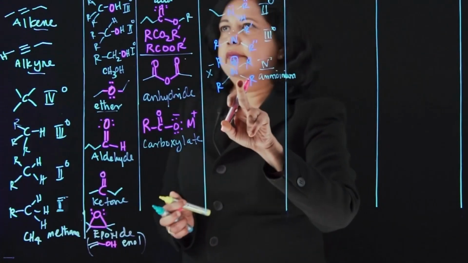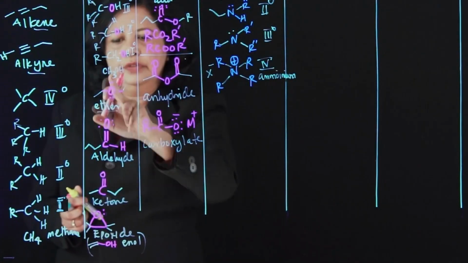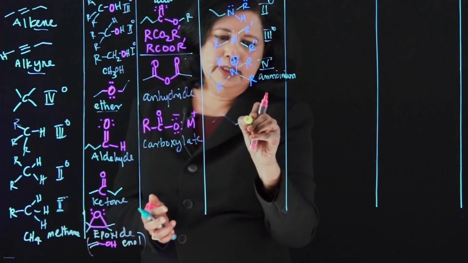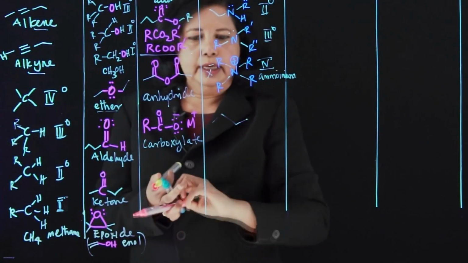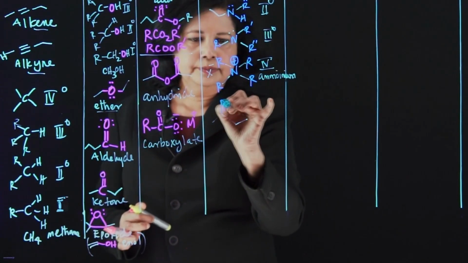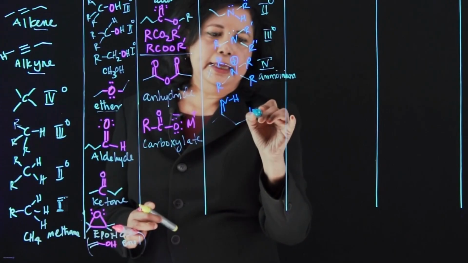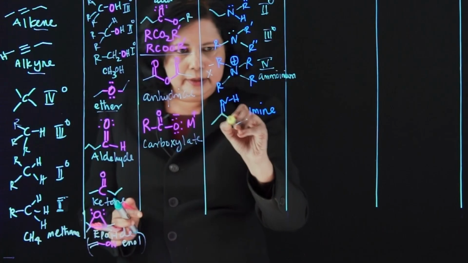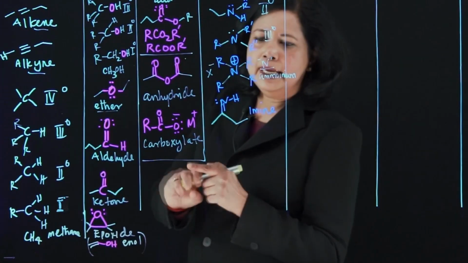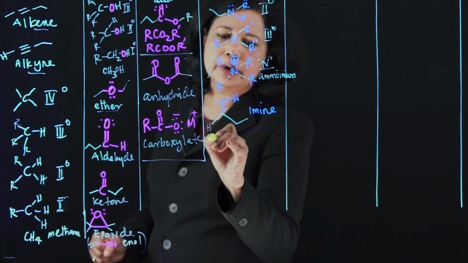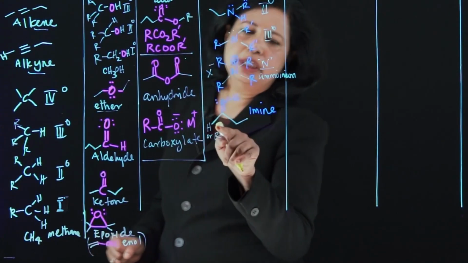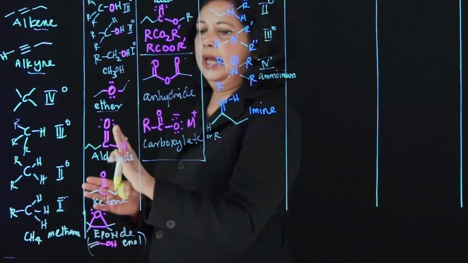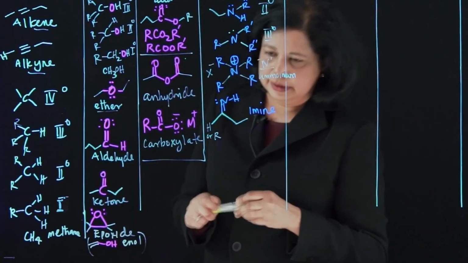Over here, what else can we do with the nitrogen? Let's go look at the alcohols for reference. Oh, double bond. Can we do that here? Well, try it out. Let's see whether it works. Yes, you can. You can put a double bond right here. These are called imines. So the imine, you can put a hydrogen or an R group. If you put a hydrogen, it'll be called aldimine. If you put an R group, it'll be a ketimine because it's coming from either an aldehyde or a ketone. So we'll talk about those later.